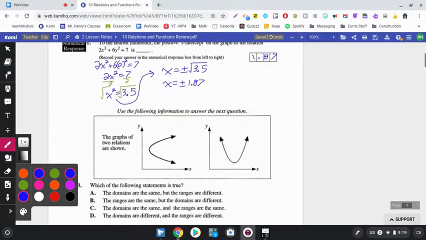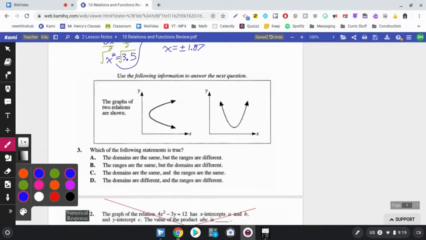Okay, next question, bottom of the page. What else are we looking at? Which of the following statements is true? Okay. Domains are same, ranges are different. Ranges are same. Okay, so it's all about domain and range. Maybe they're the same, maybe they're different. Well, what I'm going to look at is general ideas about them. So I'm going to look at the first graph and I'm going to say, for domain,